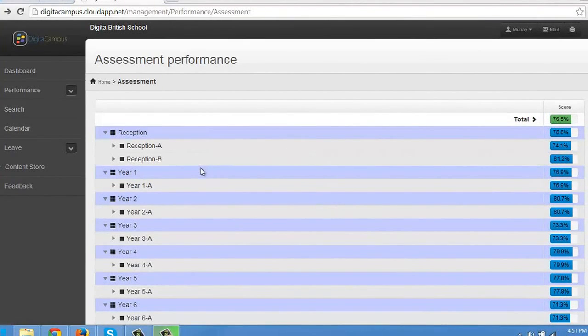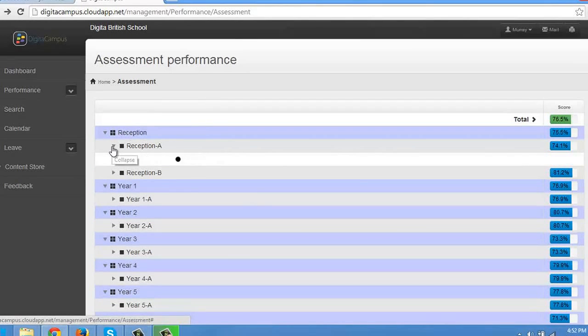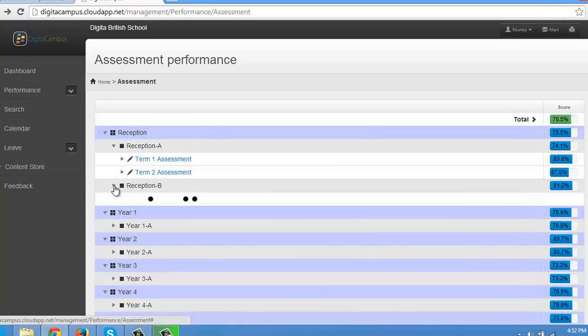This is the expanded view of every discipline. For example, if you look at the reception, you have two sections under reception, reception A and reception B. I can still expand both the sections, and that will give us the view of different assessments which were carried out in the